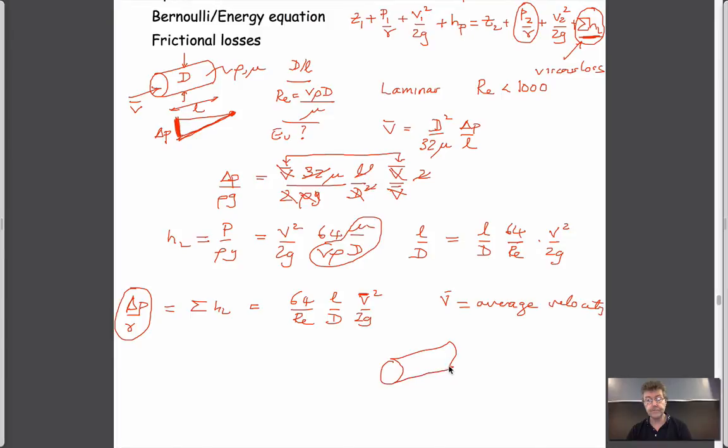So you have on this surface, instead of a velocity, a pressure that's applied. You have on this downstream side a pressure P2 that's applied. The difference between those is P1 minus P2,